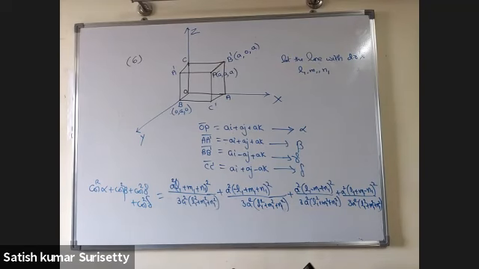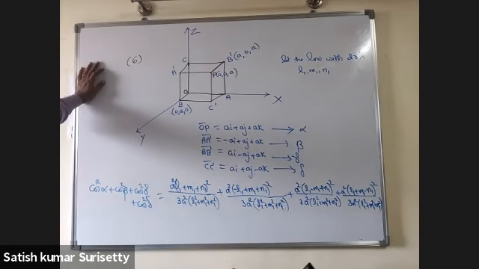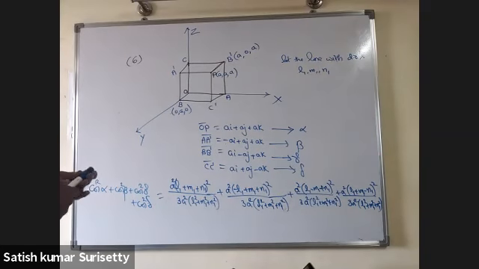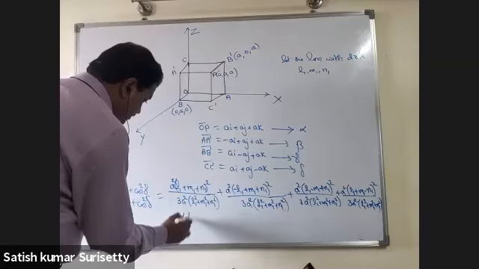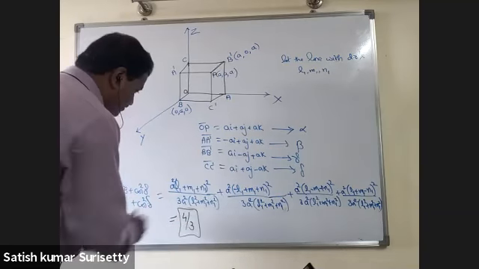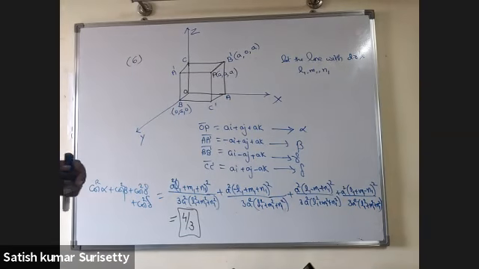So let the line with direction ratios l1, m1, n1 make angles alpha, beta, gamma, delta with the diagonals OP, AA dash, BB dash and CC dash. Then cos square alpha plus cos square beta plus cos square gamma plus cos square delta. Simplify this. Check, are you getting 4 by 3? And try to remember this as a property.